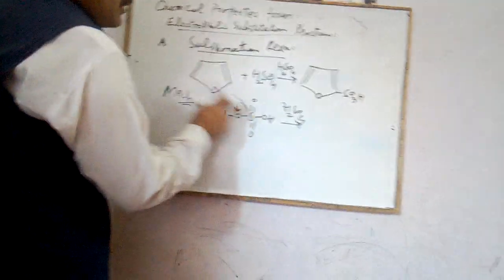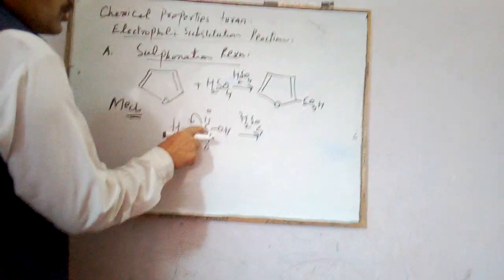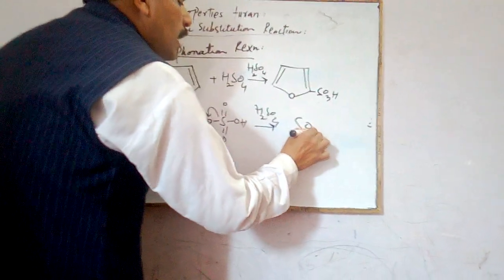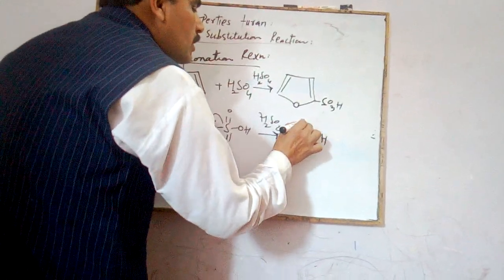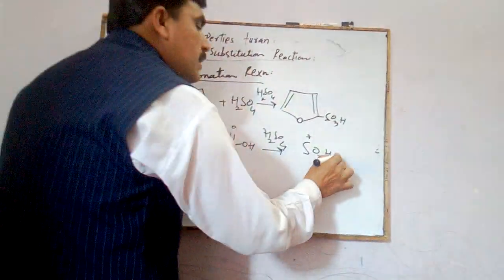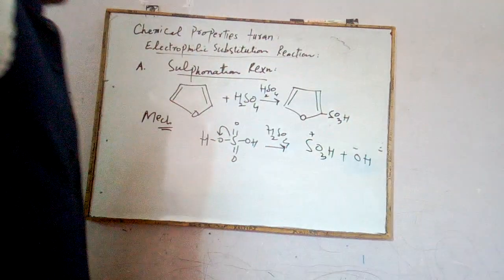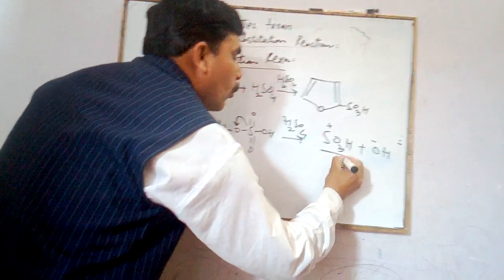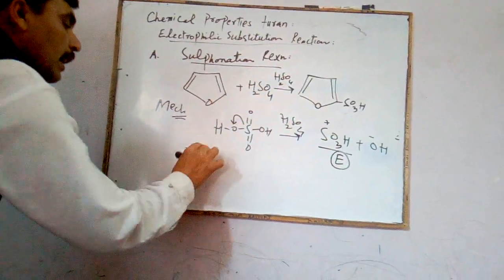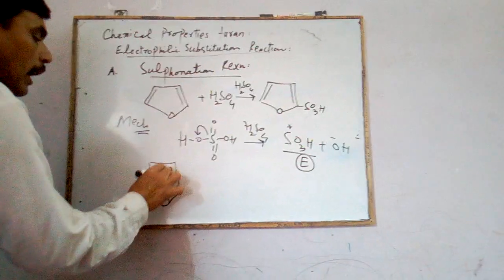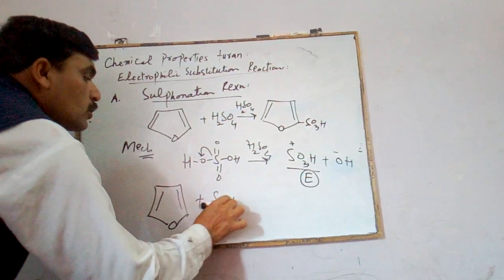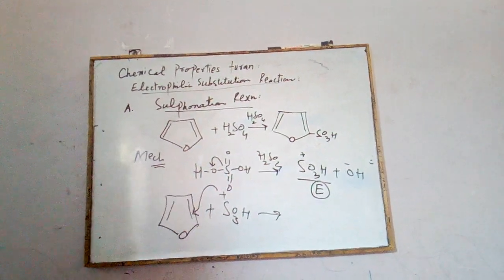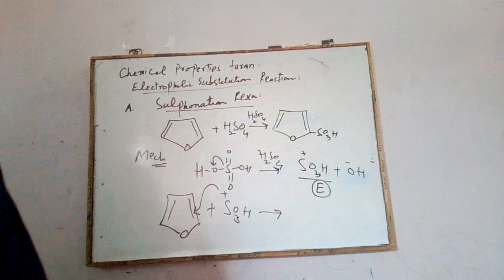Okay, so sulfur will become positively charged, so SO3H positive. We will get SO3H positive and OH negative. Now this SO3H, that is the sulfonic acid group, will be acting as an electrophile. Now the electrophile, that is SO3H positive, will attack the pi electron system, and we have already discussed position